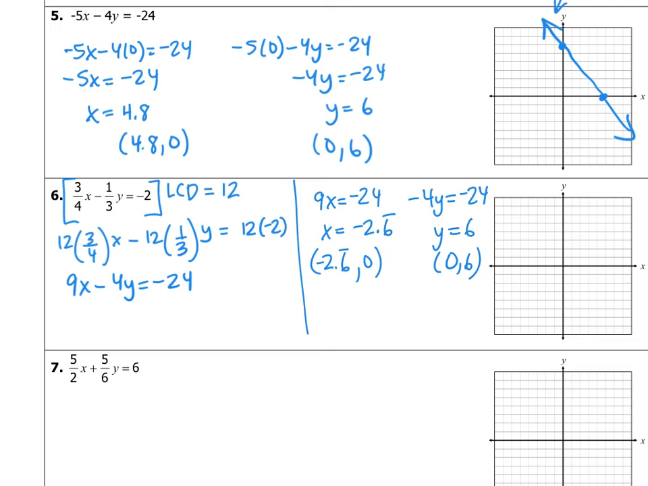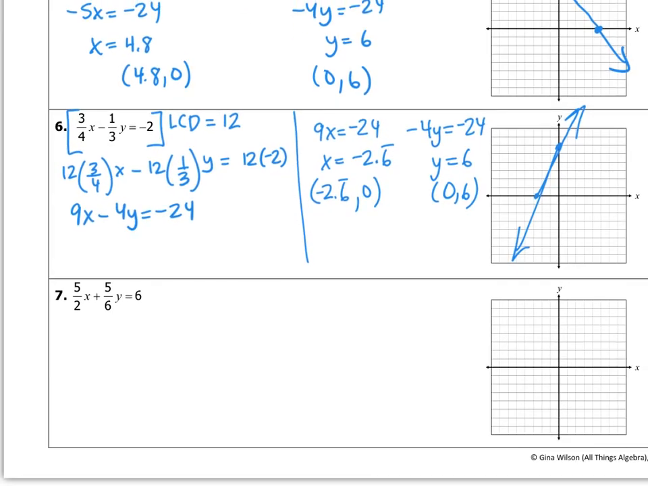All right, so negative 2.6 is about here. 6 is about there, so it's like that. Pretend that's one line. Alrighty, last one. And this is another one with fractions. So let's multiply by the LCD,